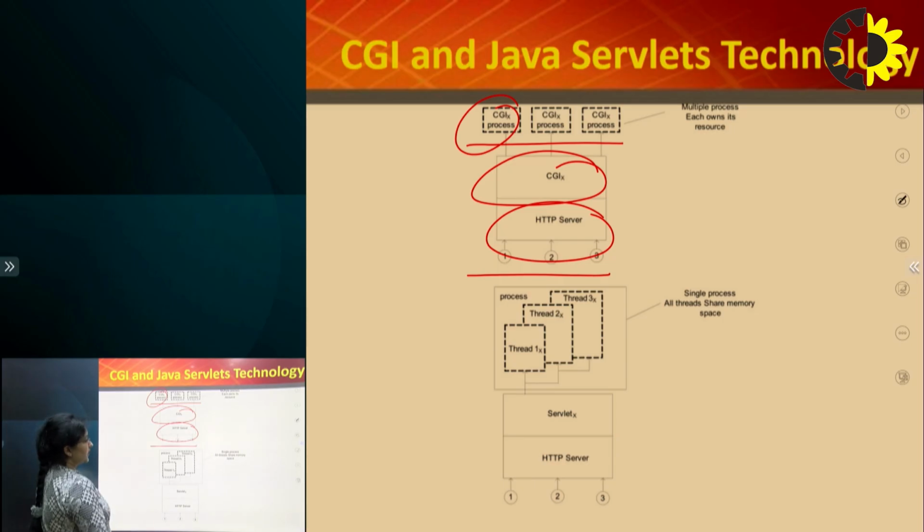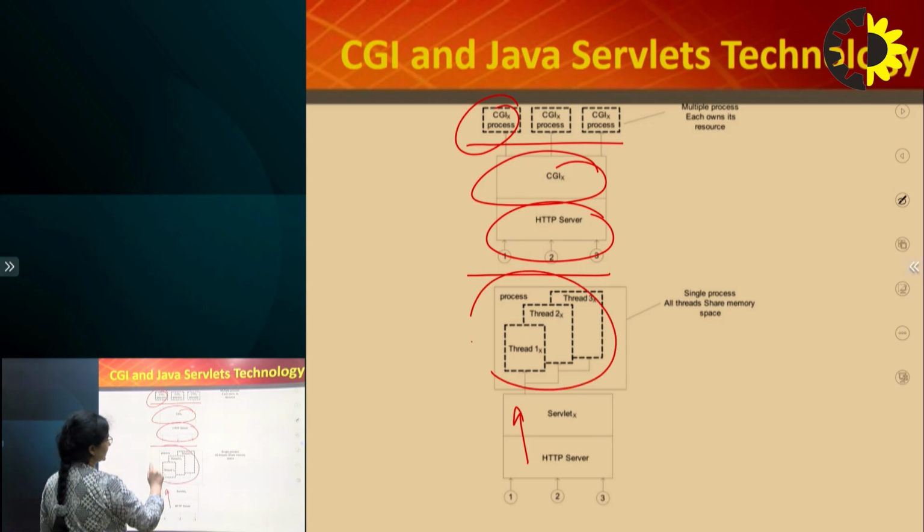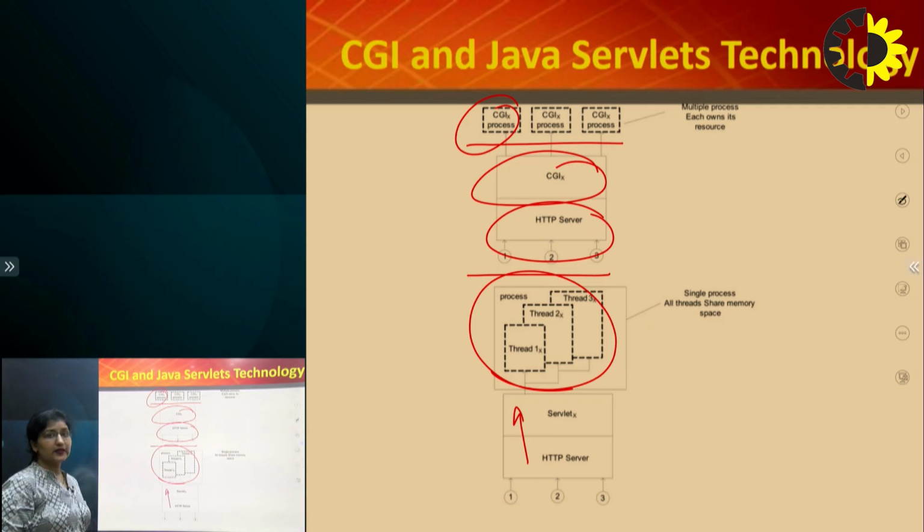If I talk about servlet, the server is connected to the servlet, and in the servlet we have a single process, and in that single process, multiple threads are running: 1, 2, 3. These 3 threads run in a shared memory space, which means they are sharing the resources also. This is the basic difference between CGI and servlet, and why we say servlets are important and faster in nature.